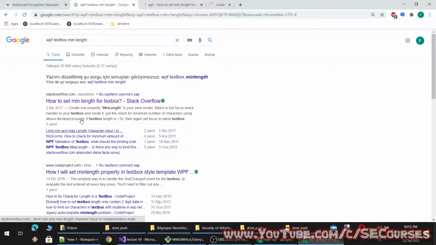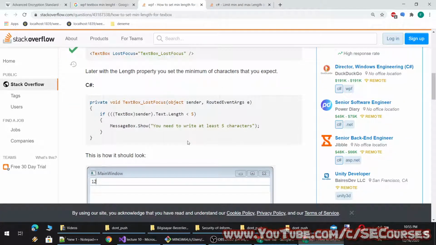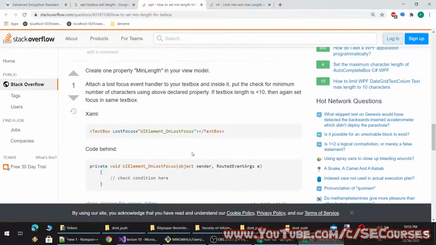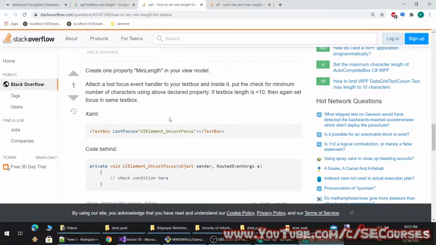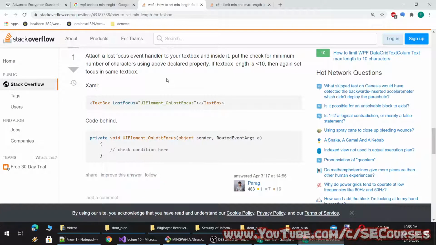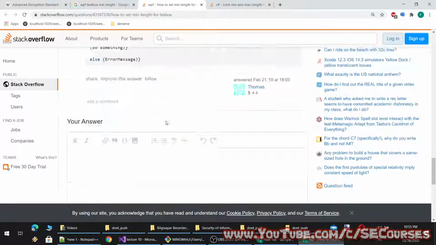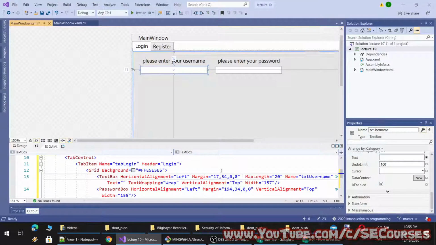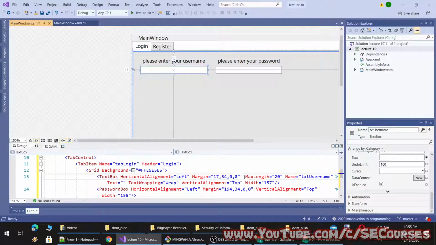We will also control it from code behind, but I would like to have it. Okay, looks like there is no min length property. So we did set maximum length as 20 characters. We will check the rest from code behind.